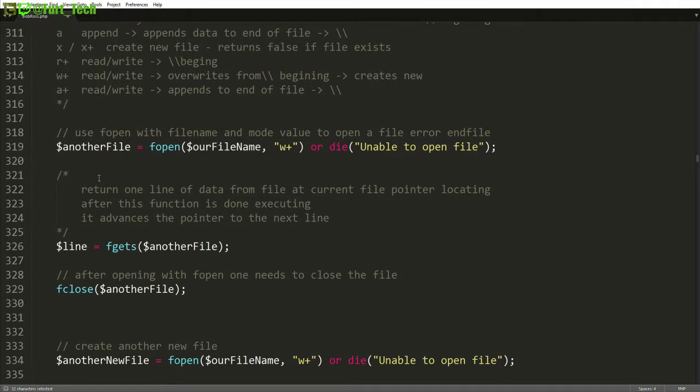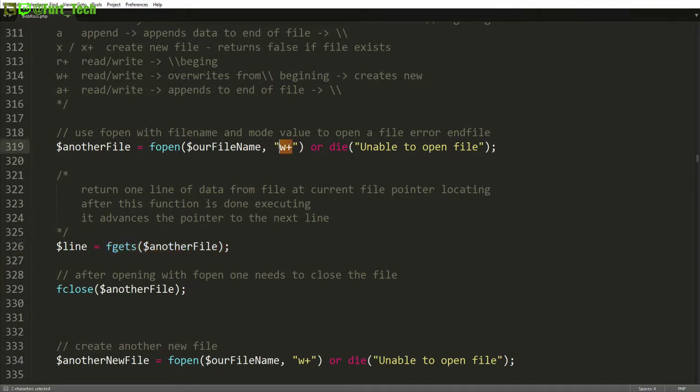Wherever you put that file pointer or that cursor, whether it's at the beginning or at the end, you can do what's called an fgets as well, and that will get line by line, or just a single line with just fgets, and return whatever